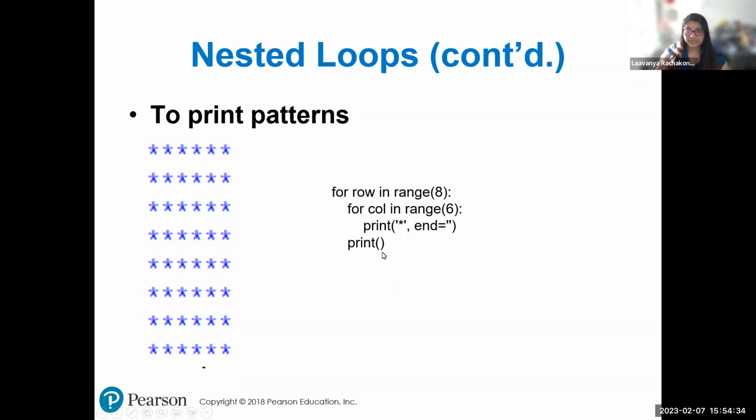Next, it's coming to the print statement. So when it is printing this 0, 0, you are printing the first symbol here. That is row 0, column 0. Next iteration,